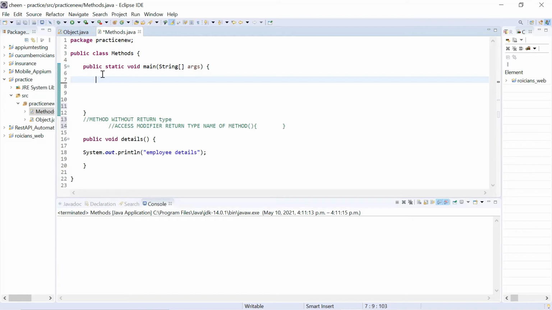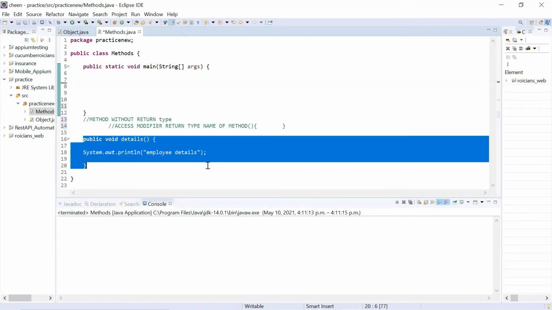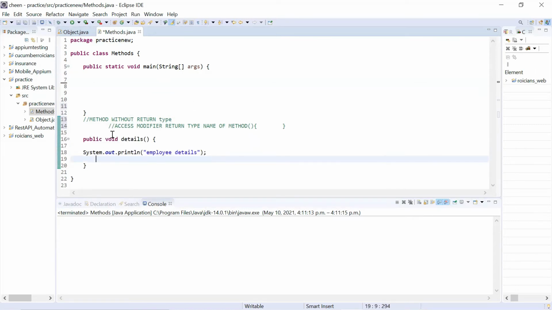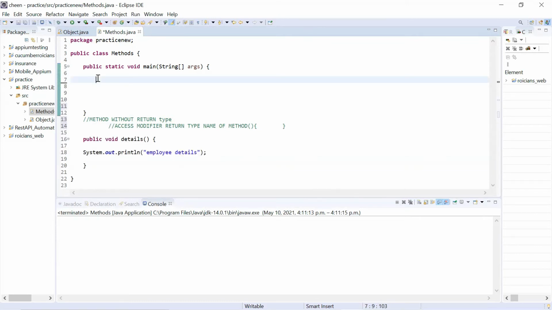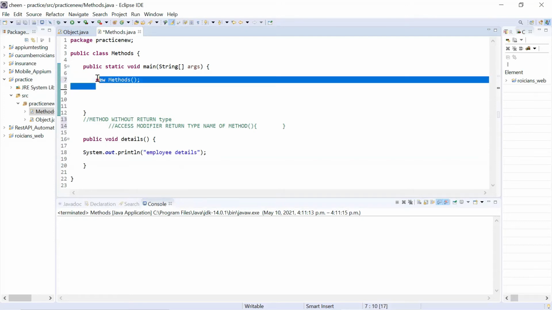How to call any method? So guys, as in our previous video, we understood that we need to create an object of a class if we want to access any global variables or methods. So this is also global. It is not a part of this main method. And if you want to call this method too, we need to create an object of this class. We know how to create an object of this class. We will write the keyword new, name of the class, brackets, semicolon. I created an object of this class.